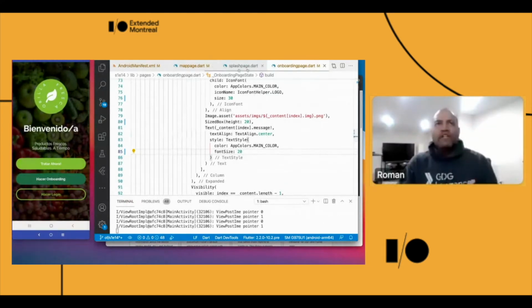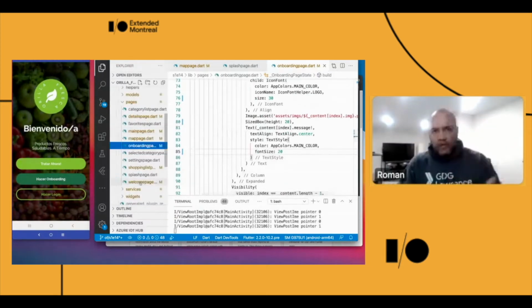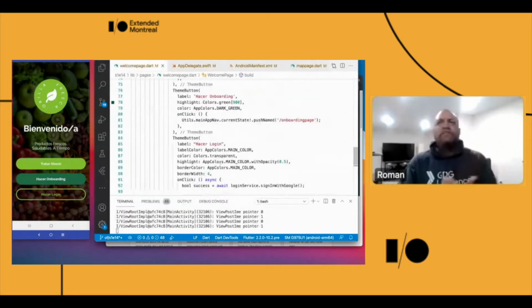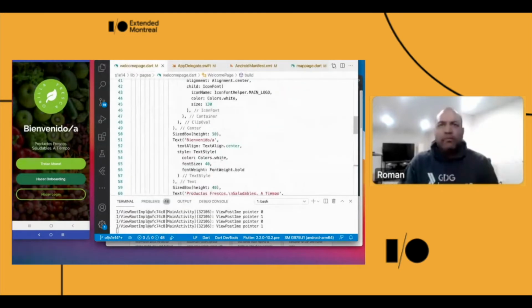Let's say I want to change the color of that page. So I go to that particular page while my application is running, and I say, okay, let me see where that label is. So I'm going to change the color. Right here is a text widget, and I'm going to change the color from white to red. So if I just change the color right away and save and hit R,